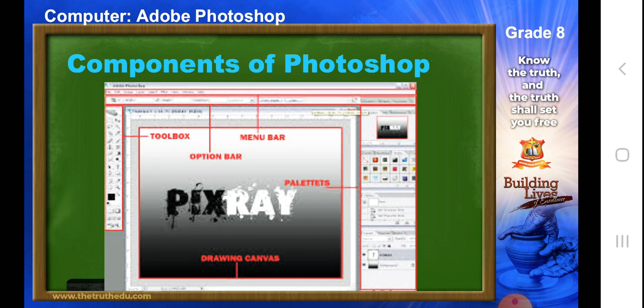Next we learned about the components of Photoshop. If you remember, I discussed the menu bar, which has a lot of menus and commands. We discussed the options bar, which has the options related to the tools. Then we spoke about the workspace, the area which contains the image which we are working on. It is also called the image window or document window, and it is white in color. Next we discussed the tool panel. The tool panel offers various tools. You can see a lot of tools and different options mentioned there, which we may need while working on Photoshop.